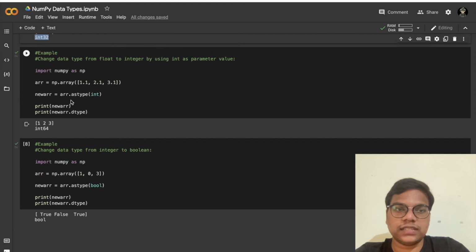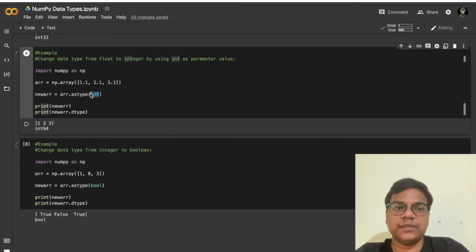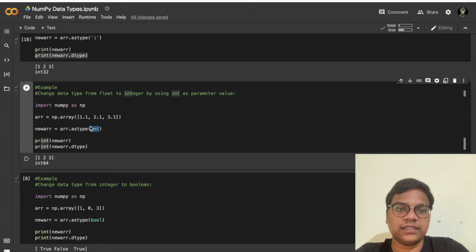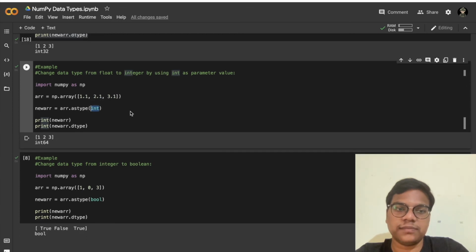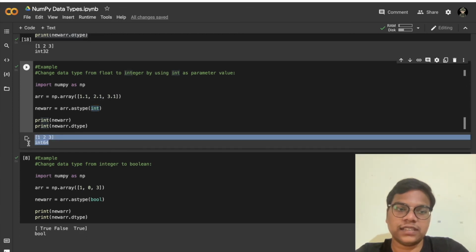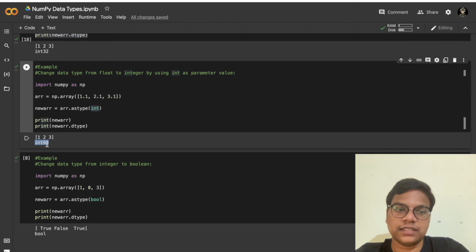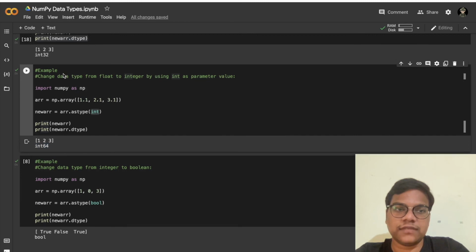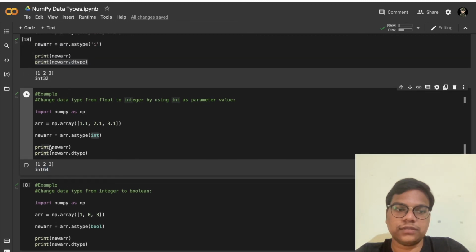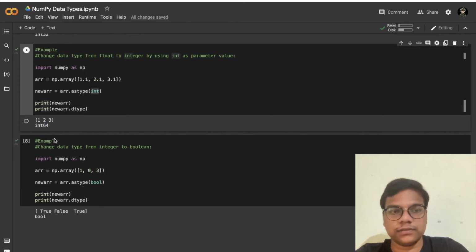Here you can see in this second example I'm using int in place of i, so the output will be the same, but one thing has changed, the size of that particular array. Here we got int32, here we got int64.